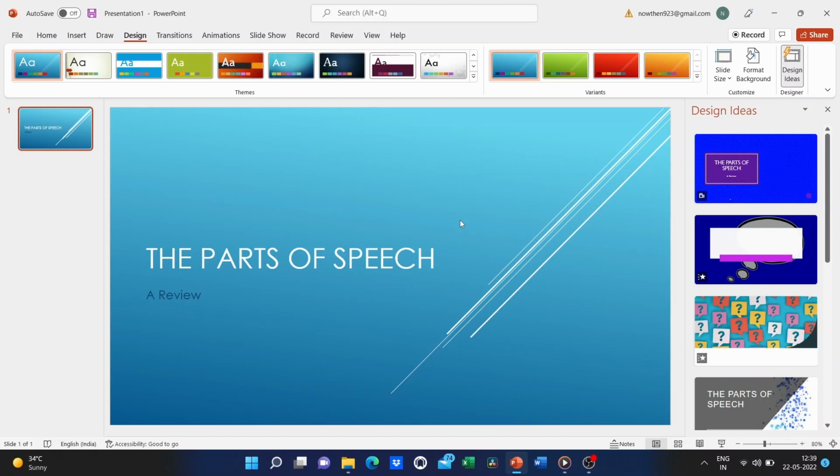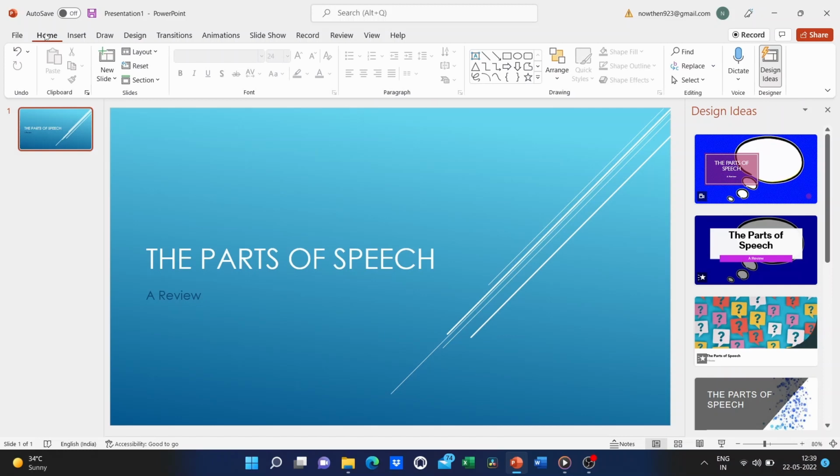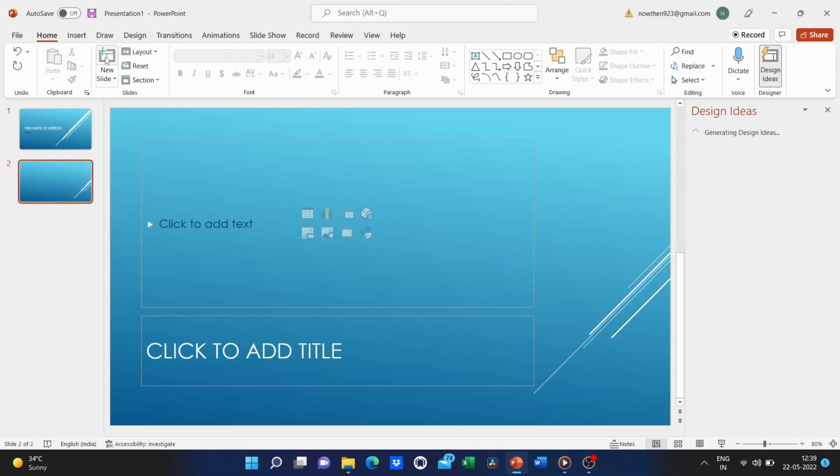Now I want to create slide number 2. But how do I do that? Well, there's a couple of different ways. First, I could go to the Home button and go to the Home ribbon. And what Microsoft has done is they've put all of the most commonly used and needed features here on the Home ribbon. So when you click Home, you're getting the most common features, the best stuff that's used the most. And that's where I'll find New Slide. So I click New Slide and slide number 2.